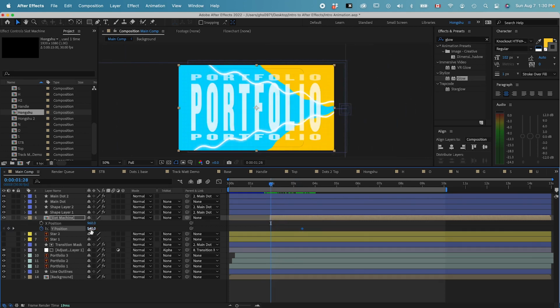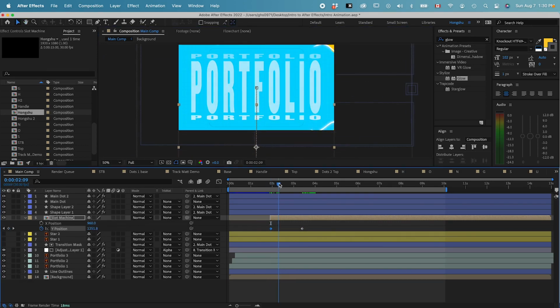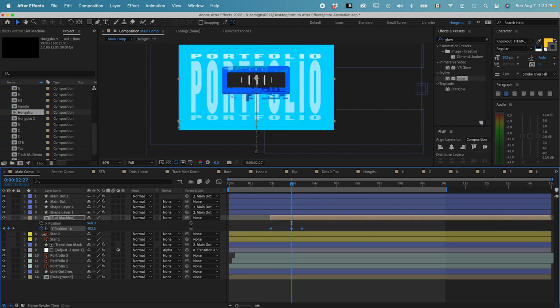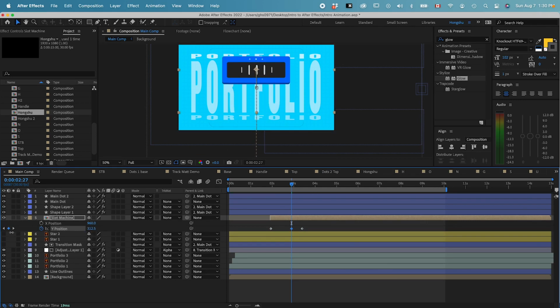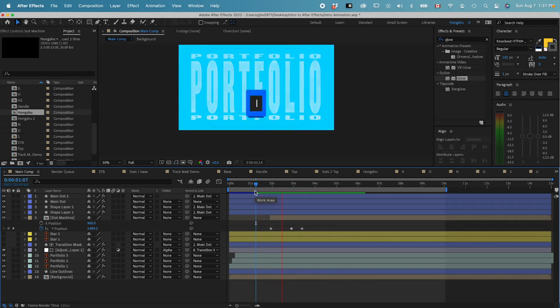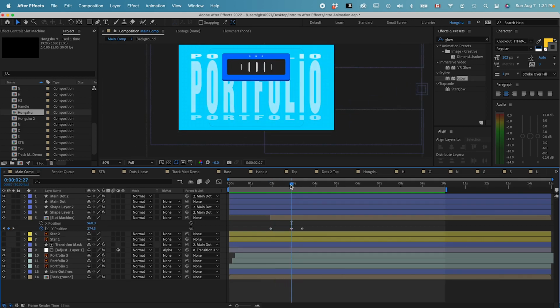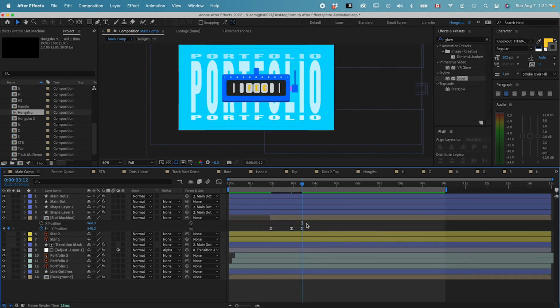But from the start, I might just want it to go from the bottom over there and then come up as if it's being thrown into the scene. So at this point here, I want it to come all the way up too much. So from outside of the scene, go up too much and then land into the middle of the screen. Let's right-click the 3 keyframes, Keyframe Assistant, Easy Ease,